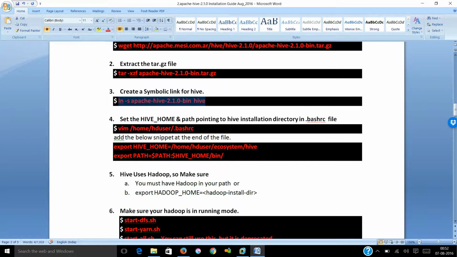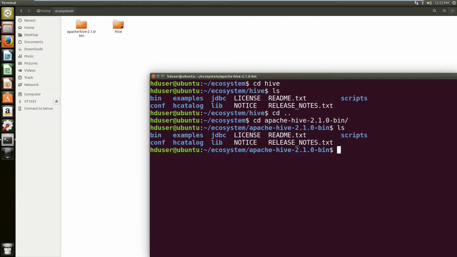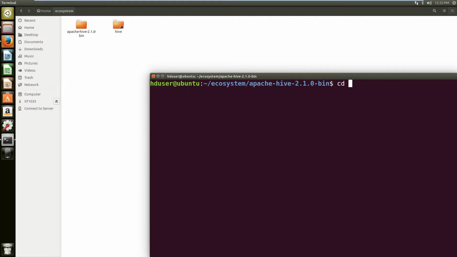Next, once you are done with this, all you need to do is edit your bashrc file and tell the bashrc file where your Hive is located. So copy this command. Ctrl L. Let me go back, although you can execute this from anywhere.